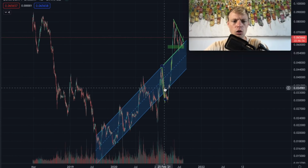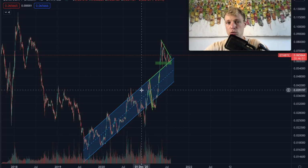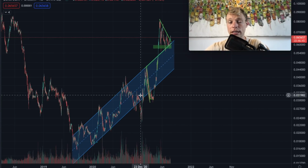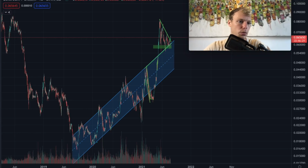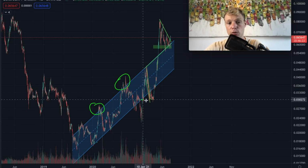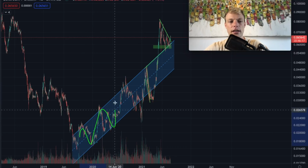Okay, so right there we can see that here we had a long period of time where Ethereum in the Bitcoin comparative was trading in an uptrend, in a rising channel basically. And one thing to note, and this is something that I'm always saying, guys, is that when we have a look at price action from altcoins, we can see sometimes a little bit crazy charts which are not really precisely respecting certain levels, right? So for example, right here we can see we slightly break out of the rising channel as well. Right here we broke below the rising channel, but in general we can see that this trend is up